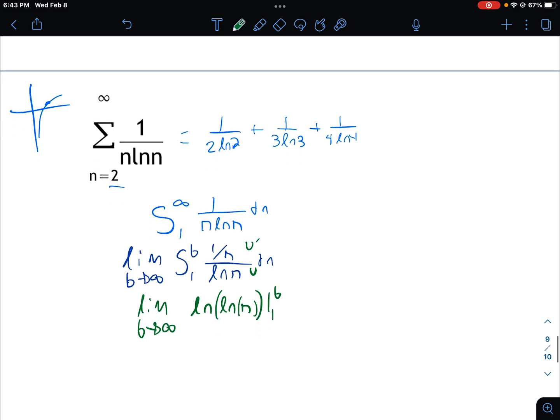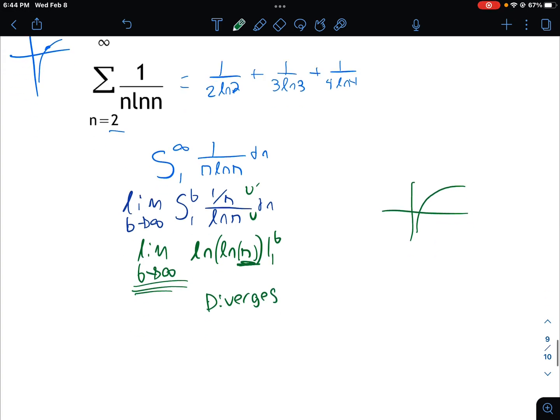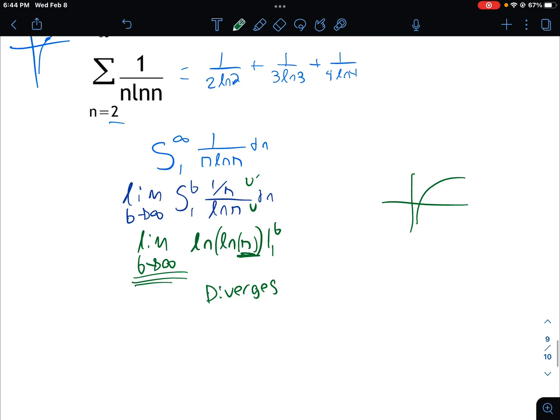Okay? Now, I'm just going to tell you guys this. When you take the limit as this approaches infinity, you get ln of infinity. So it approaches infinity, because the ln function, once again, looks like that. And so we end up getting that this diverges. And thus, by the integral test, both of these must diverge. Okay? So since the integral from 1 to infinity of 1 over n ln of n diverges,